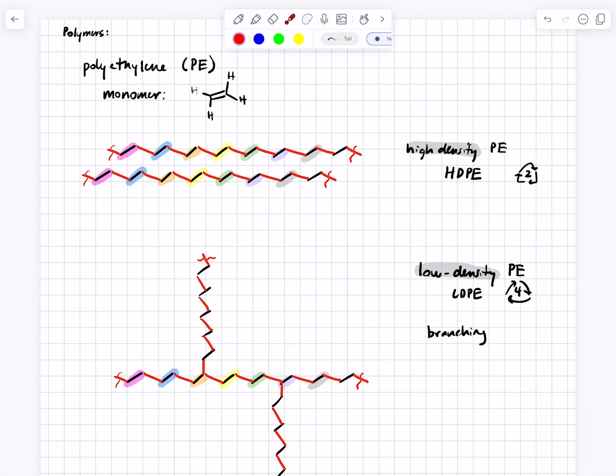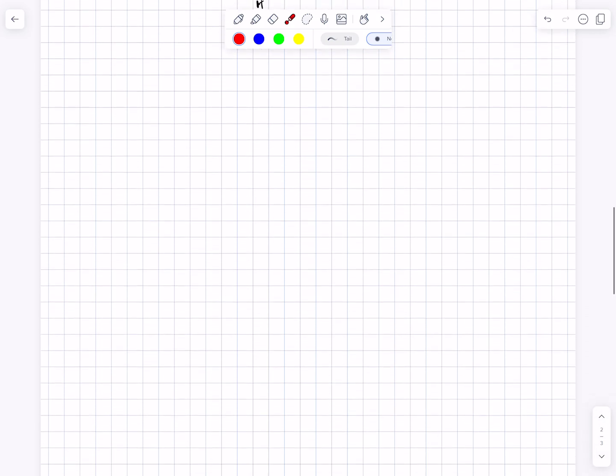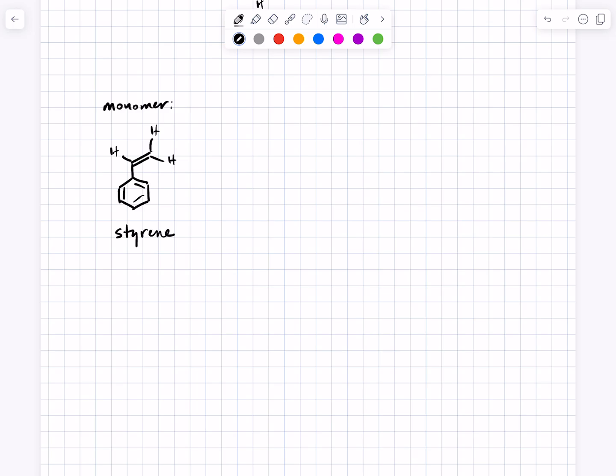Okay, so some other polymers will share this basic structure of a 2-carbon subunit. Only we're going to play around with what's attached to some of the carbons of the alkene. So, for example, if you have a monomer that looks like this, 2 carbons of the alkene where this is a benzene ring, this individual monomer could be called phenylethylene, but nobody calls it that. They call it styrene. Some of you are like, oh, because you've heard the term before,